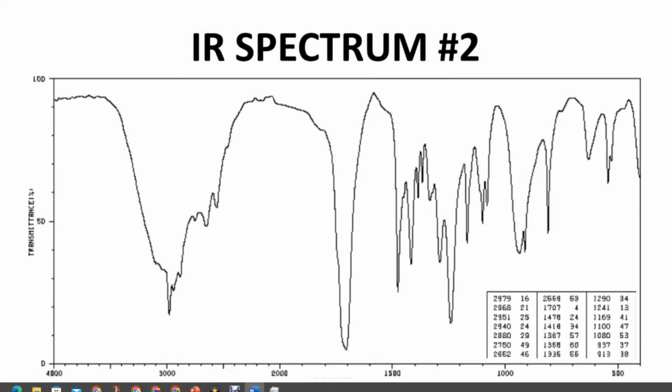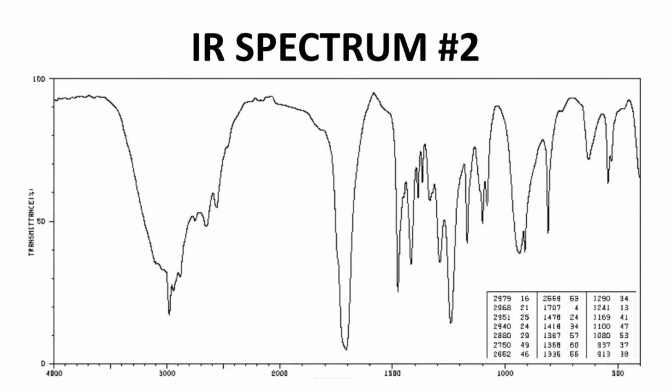Here is our next spectrum. There is a big peak right in the middle of the 1700 region. That is essentially always a carbonyl. What kind? The peak is at 1707. Esters are more like 1740, so it's not an ester. Aldehydes, ketones, and acids are close to 1700. This one is